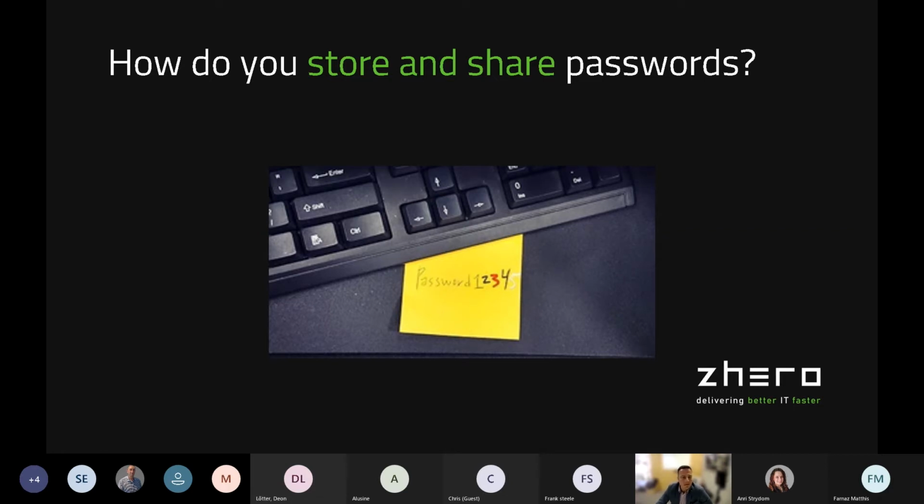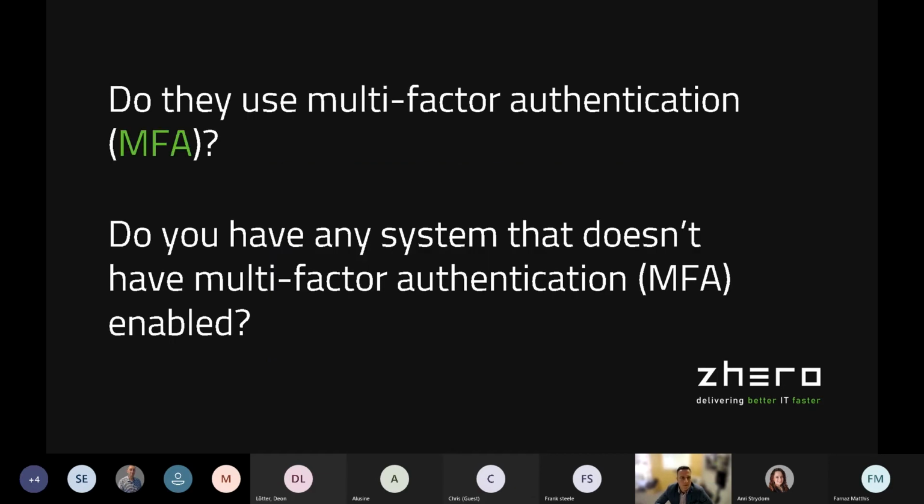These are one of the absolute minimums we need to ensure. How do they actually operate? Do they keep it on a post-it note or in a notepad or an Excel spreadsheet? Do they use multi-factor authentication? By employing or setting up multi-factor authentication, they can block 99% of hacks